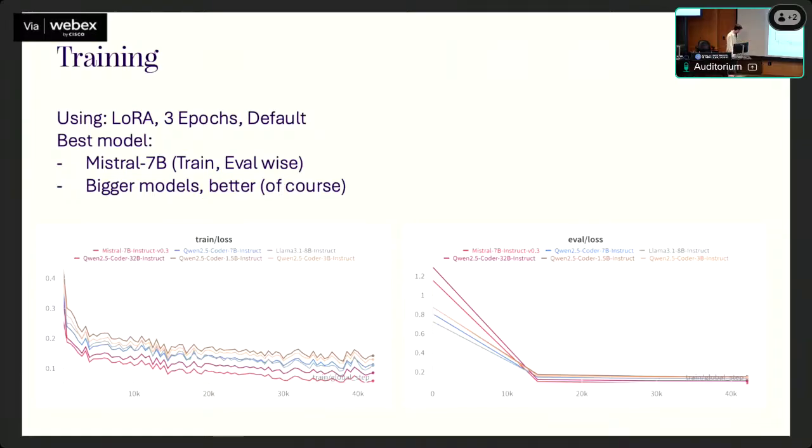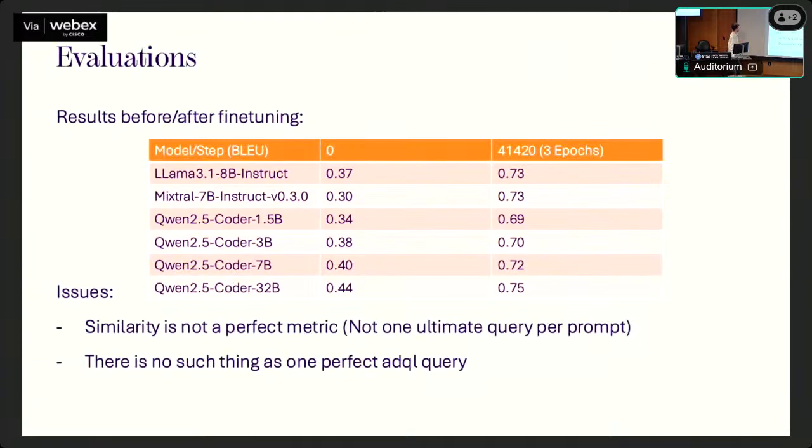So here are some training results that you can quickly see. This is a loss curve. What we expect on the train loss, of course, is to decrease over time. And the evaluation loss is on the split that we are not training on, and you can see that we're achieving low loss as well. I don't want to go into much detail here. I want to go into the evaluations now.